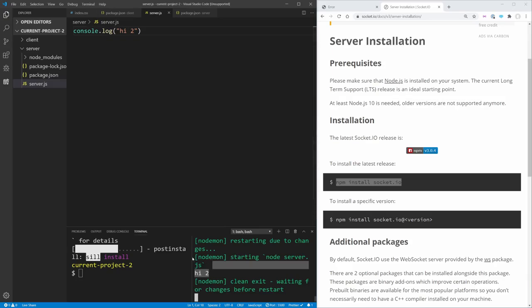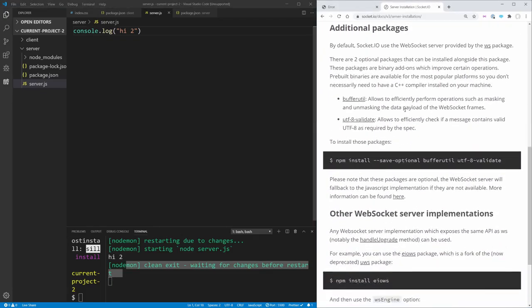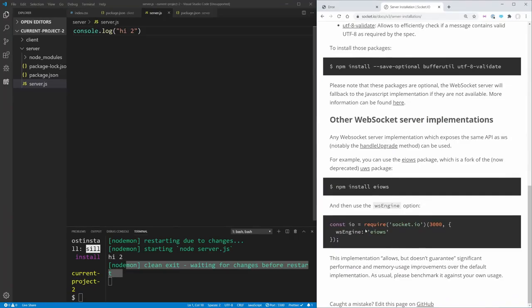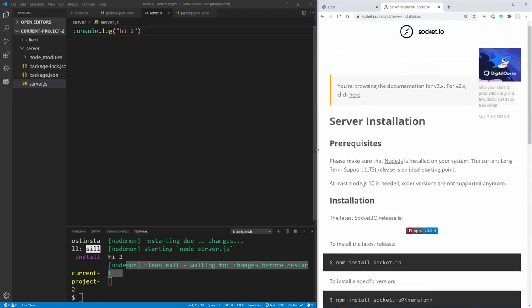Now I'm just going to expand this section a little bit so we can really see the server side of things, because that's what we're going to be focusing on first, is just getting a very basic server up and running with socket.io by reading the documentation to see what needs to happen. So if we just scroll down a little ways, we can keep going, and you can see here is essentially a basic way to set up socket.io, but I want to see all of the details of how we set up socket.io. So if I scroll to the top here and just expand out my page so I get the sidebar,